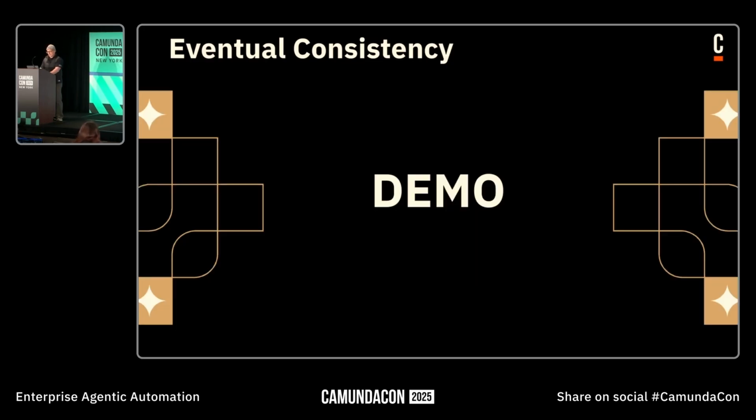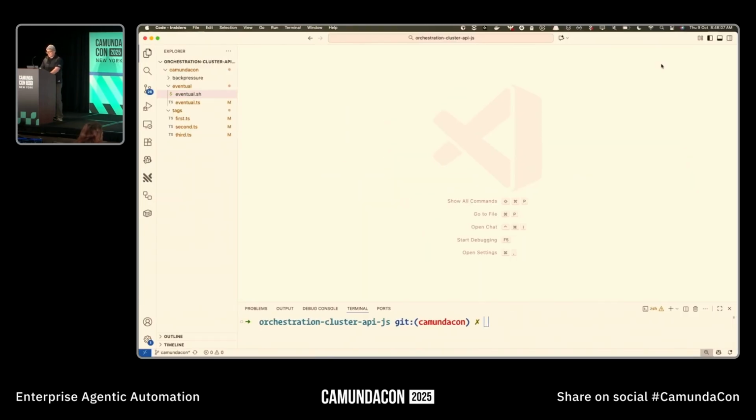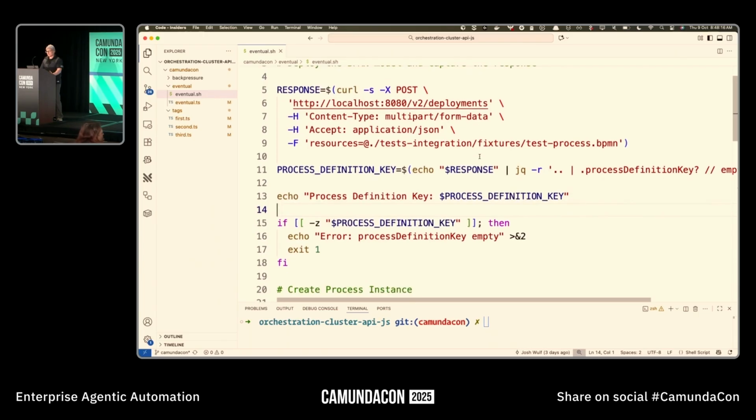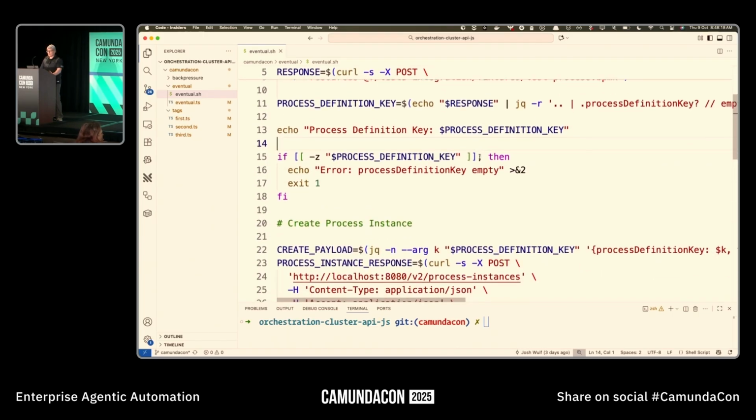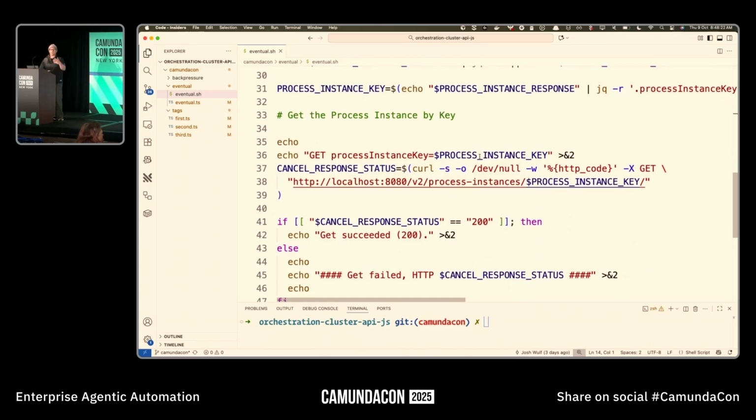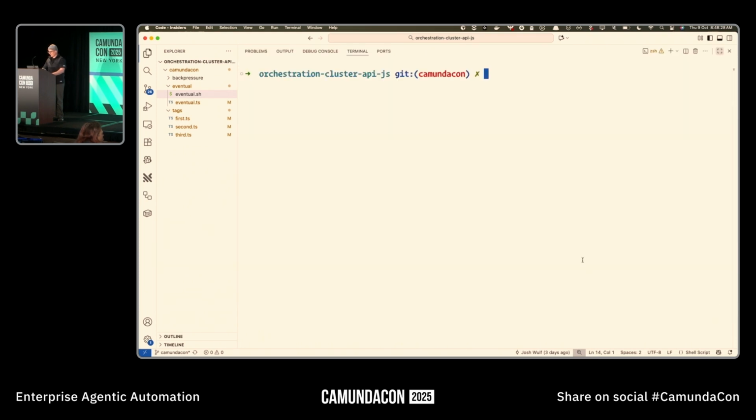So I think I've got a demo. Yeah, let's do a demo. Okay, hopefully you can see this font there. This is just a shell script that deploys a process, gets the process definition key, creates a process instance, and then immediately gets the process instance using the key that it got back from the creation. So if I run this little demo here,